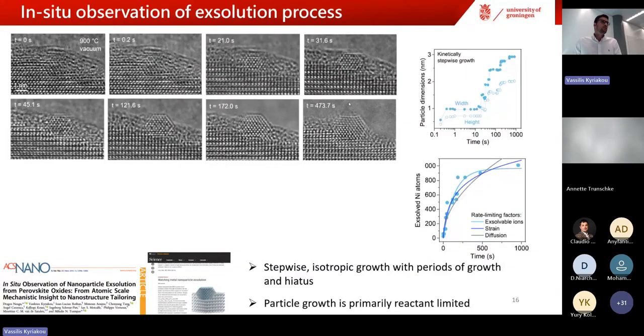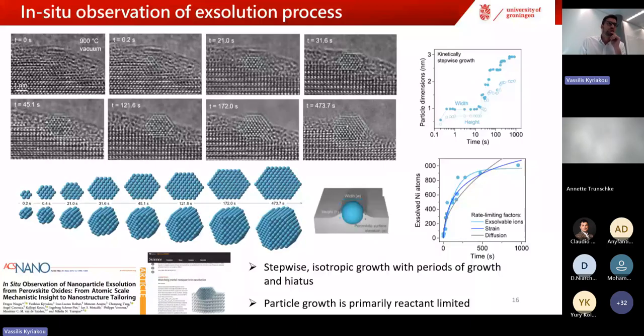This is work that we did when we started working with exsolution. We were really intrigued by seeing if it's possible to monitor the exsolution process in situ. So some years before, in Lyon, they have a very beautiful environmental TEM. We could manage to observe nickel exsolution from a titanate almost in situ, where we observe very beautiful, interesting things, like that this particle, for instance, is growing in hiatus, and growing in hiatus periods in reverse. And this was published some years ago. So if you want to see more, please refer to the paper here.